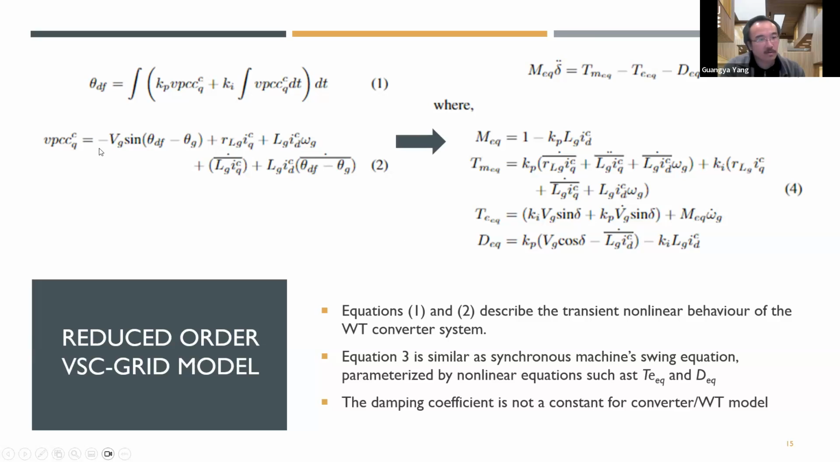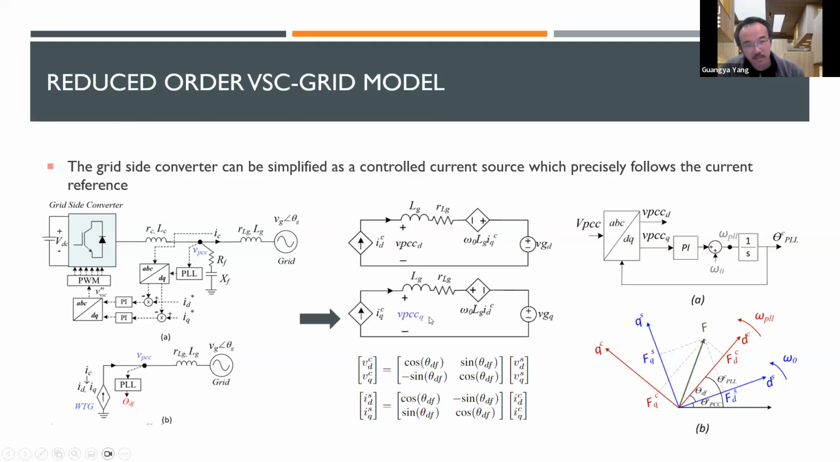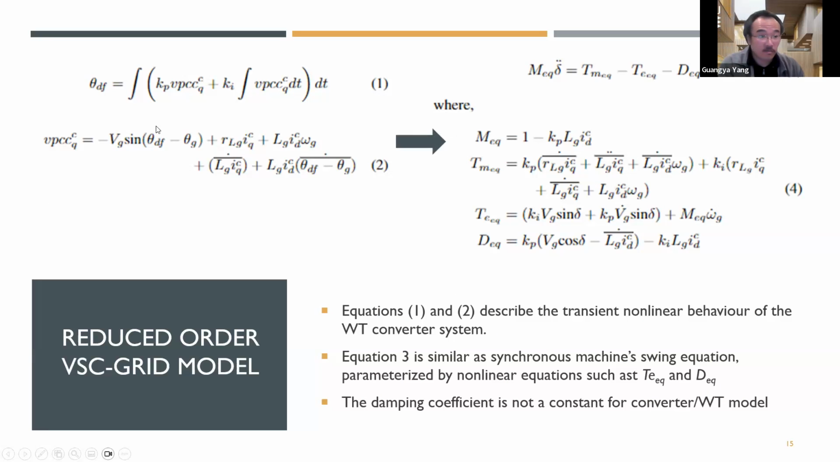Based on the Q axis circuit, you can establish an equation like this, where you have PCC voltage Q, the converter side represented by the grid voltage, and then there is a phase displacement between theta DF and theta grid. Then you have other parts, the voltage drop at the Q axis, and also the ID component participation here. So this equation is established based on this circuit, and then once we put this VPCCQ expression into this equation 1, we are able to